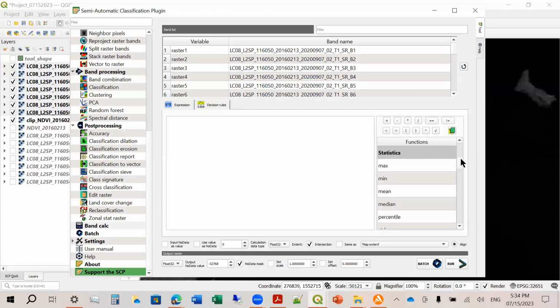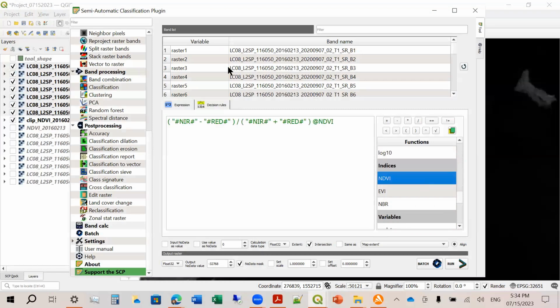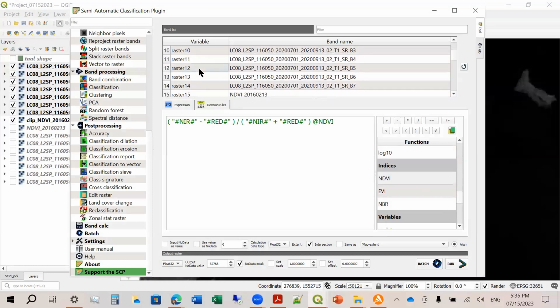Okay, there's statistics here. Okay, let's do that later. Okay, indices, NDVI. Let's go to the band for 2020. So this is raster 12 for band 5, and then raster 11 for band number 4. So let's choose band number 5 for the near infrared. This is raster 11 for band number 4. And then let's rename this to NDVI 2020, February 1.